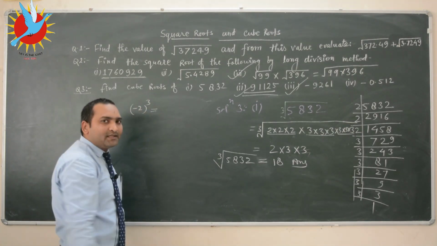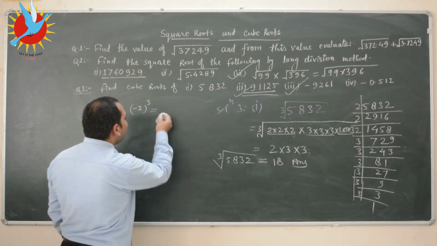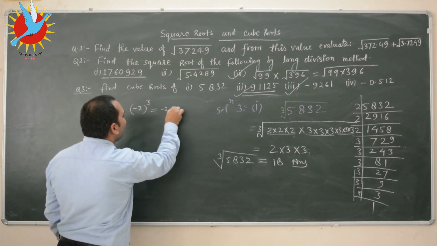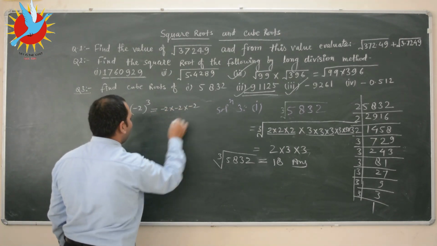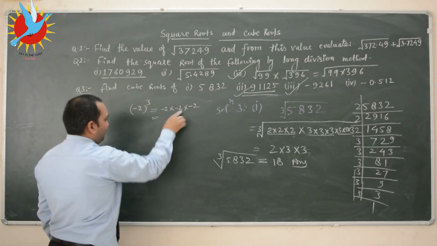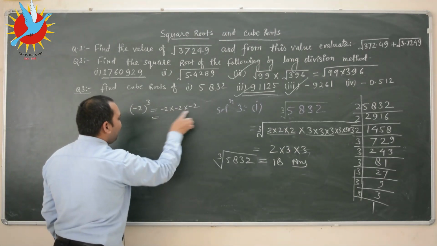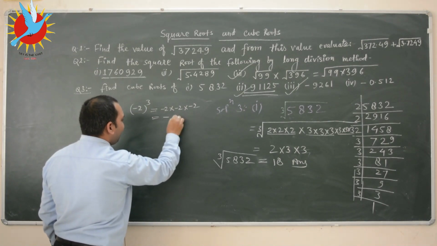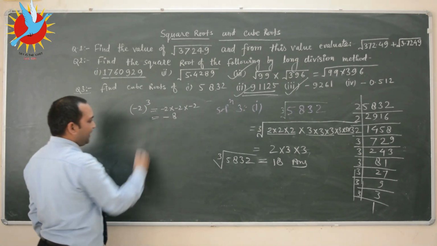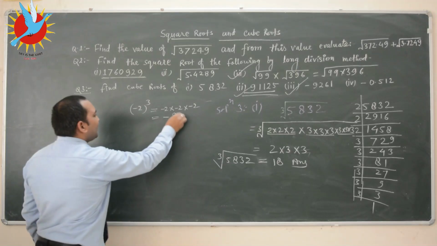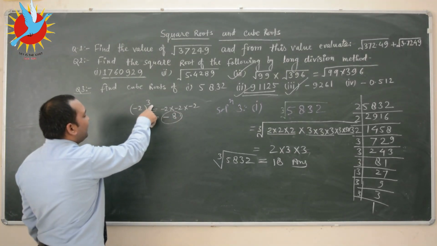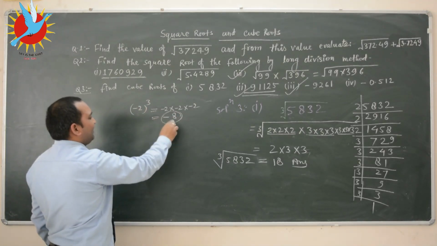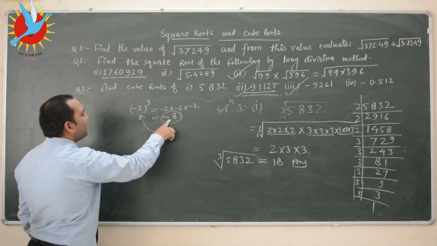Minus 2 cube means itself multiplied 3 times, that is minus 2 into minus 2 into minus 2. Minus 3 times, odd times, so minus, and 2 2 2, 3 times multiplied then 8, so minus 8. So we can say that the cube of minus 2 is minus 8, so the cube root of minus 8 is minus